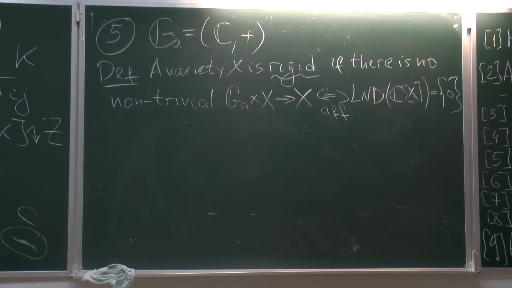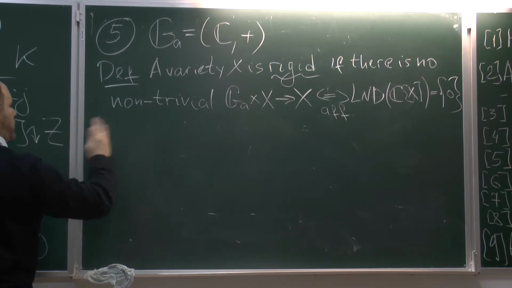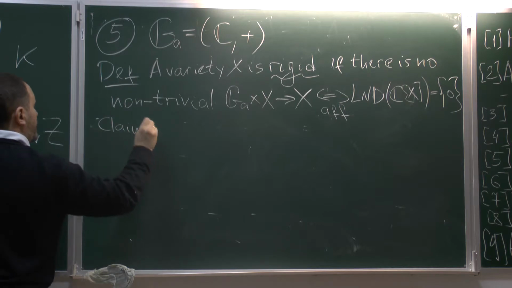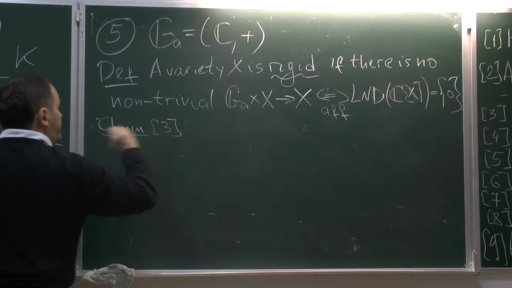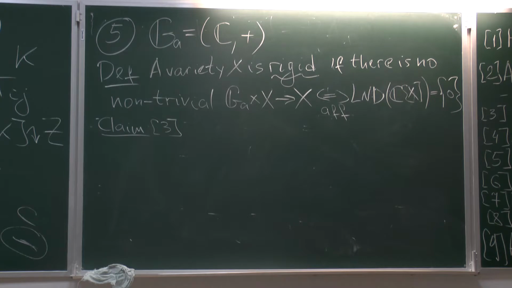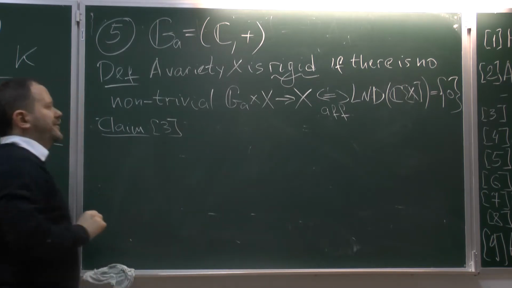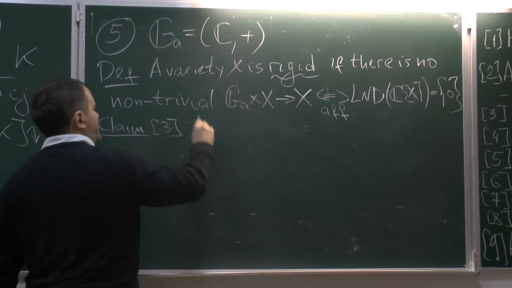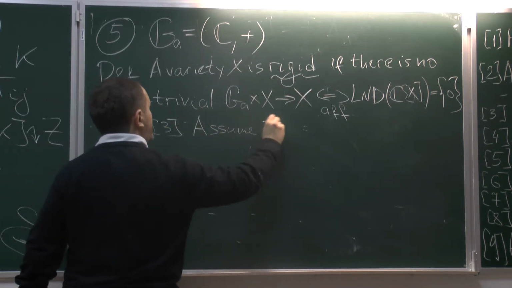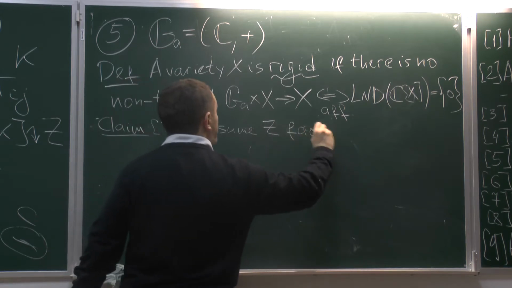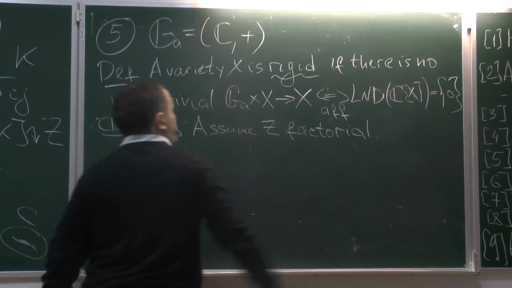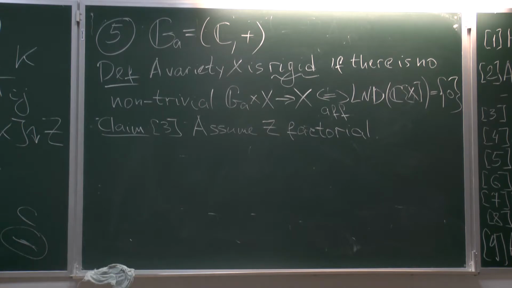And here we have a characterization of rigid hypersurfaces of this type, but at the moment we have it under the assumption that Z is factorial, so assume Z is factorial. In fact, now we have a general case, but it's not published. This is done by Gaifullin, but it's not on the arXiv. So I formulate only under this restriction.